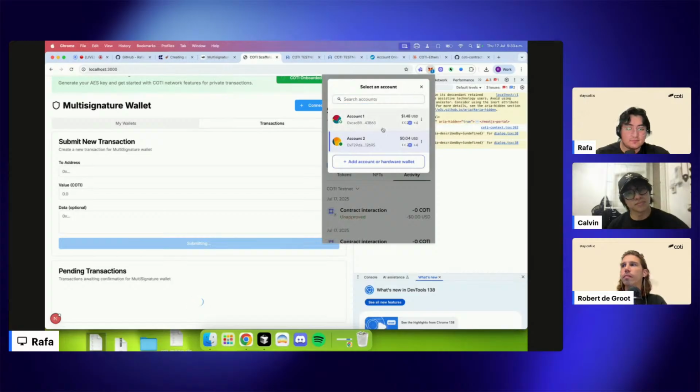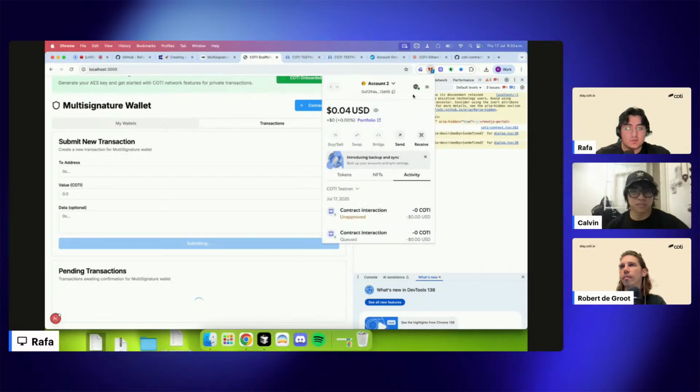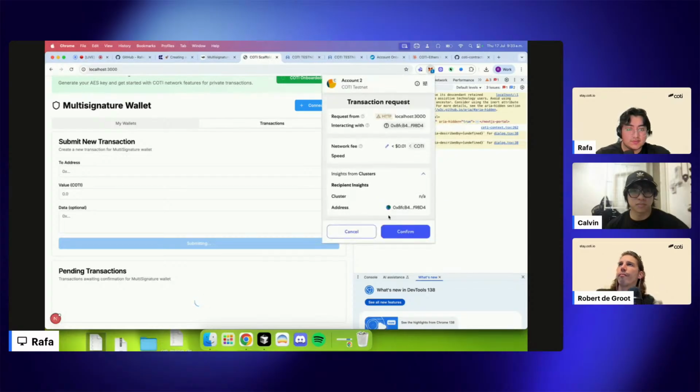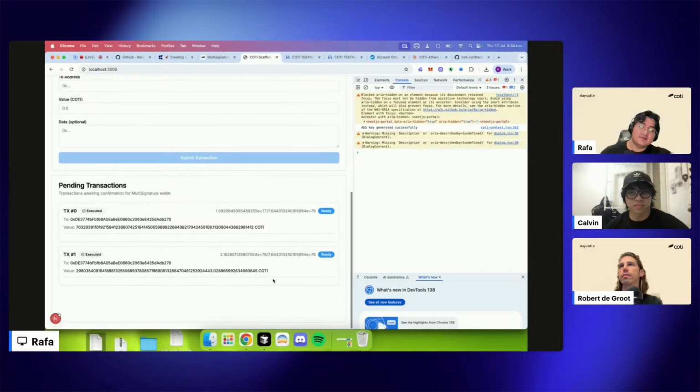All right. So if we go, it's actually requesting that we approve withdrawing those funds to another account from our multisignature wallet. So this is how it's working. And look at this interesting thing. It's trying to request two times because my account two is taking two accounts, but this is not. All right. So the thing here is